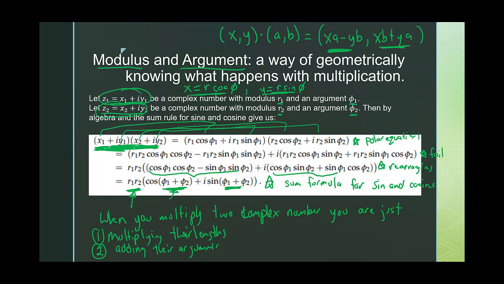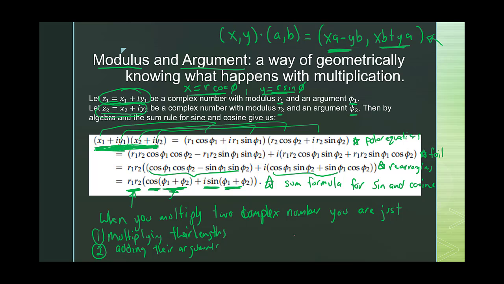Rather than, remember, that strange multiplication we had, which is a little bit harder to see, like, why does that actually work? When you think about it in terms of modulus and argument, it gives you a really, really cool and awesome way of thinking about multiplication. Now, one thing I want to point out here, which maybe is no surprise, notice that cosine and I sine were there in the calculation a lot.